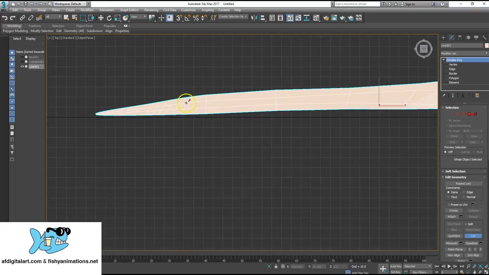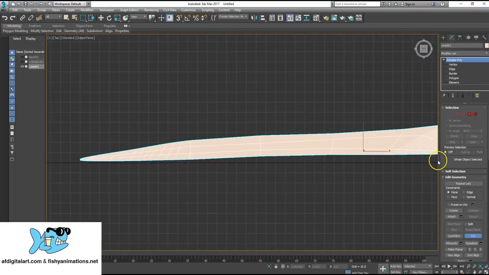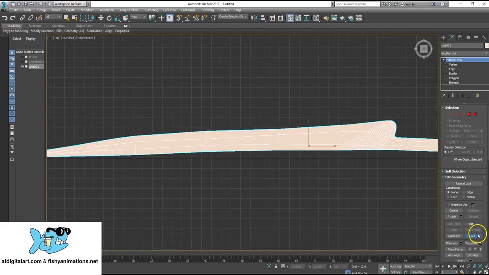Perfect. Okay. And now that will give me the basic foundation of all the segments and vertices to work with,